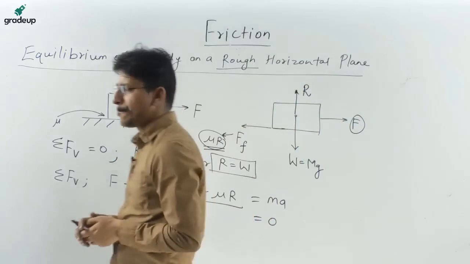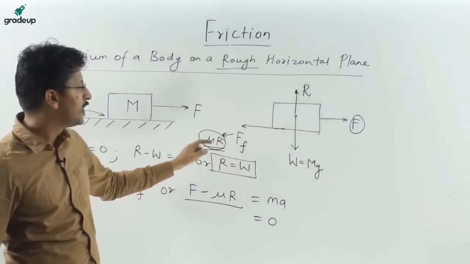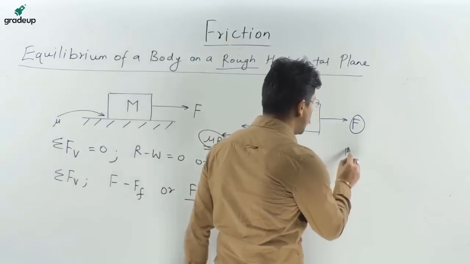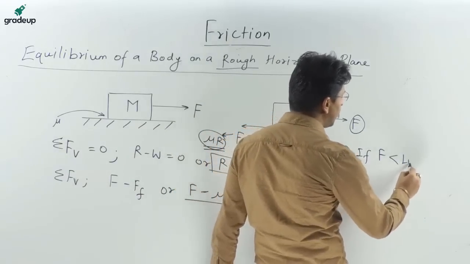But if the applied force is greater than the limiting friction, then the body will move. So I will write these two points here. The first point says if F, that is this applied load, is less than the limiting friction,